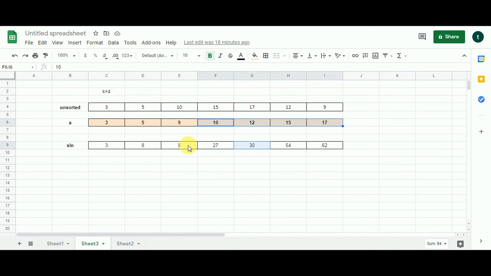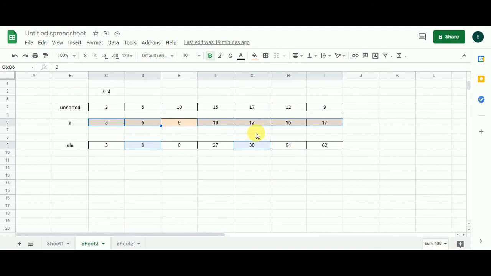Now we go to the cell indexed by I minus 4. Check the value here. It is 8. And clearly we have picked it from the cell before. So 9 over here has no role to play to form a pair. In this case, we move to the cell indexed by I minus 5. If you follow the same method, then you can see we have got our last pair, which is 3 and 5. Add them up and you get 62.